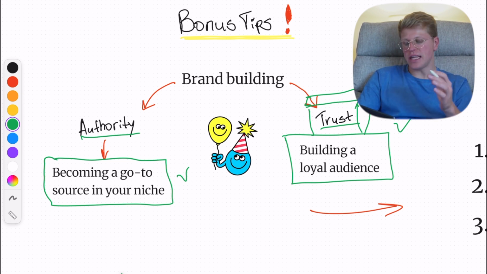You can create a YouTube channel, you can create a website, you can start collecting emails, and then you just create content in that one specific vertical, one specific niche. And then, over time, just because you're making content, just because you're sharing, you automatically become authoritative in that space, right? And then if you do everything right and you don't betray the people, and you keep your reputation solid, which is of course the most important thing, then you are going to build trust, and people are going to be like, you know what, when I think about X, I go to you, right? So that's the whole idea.